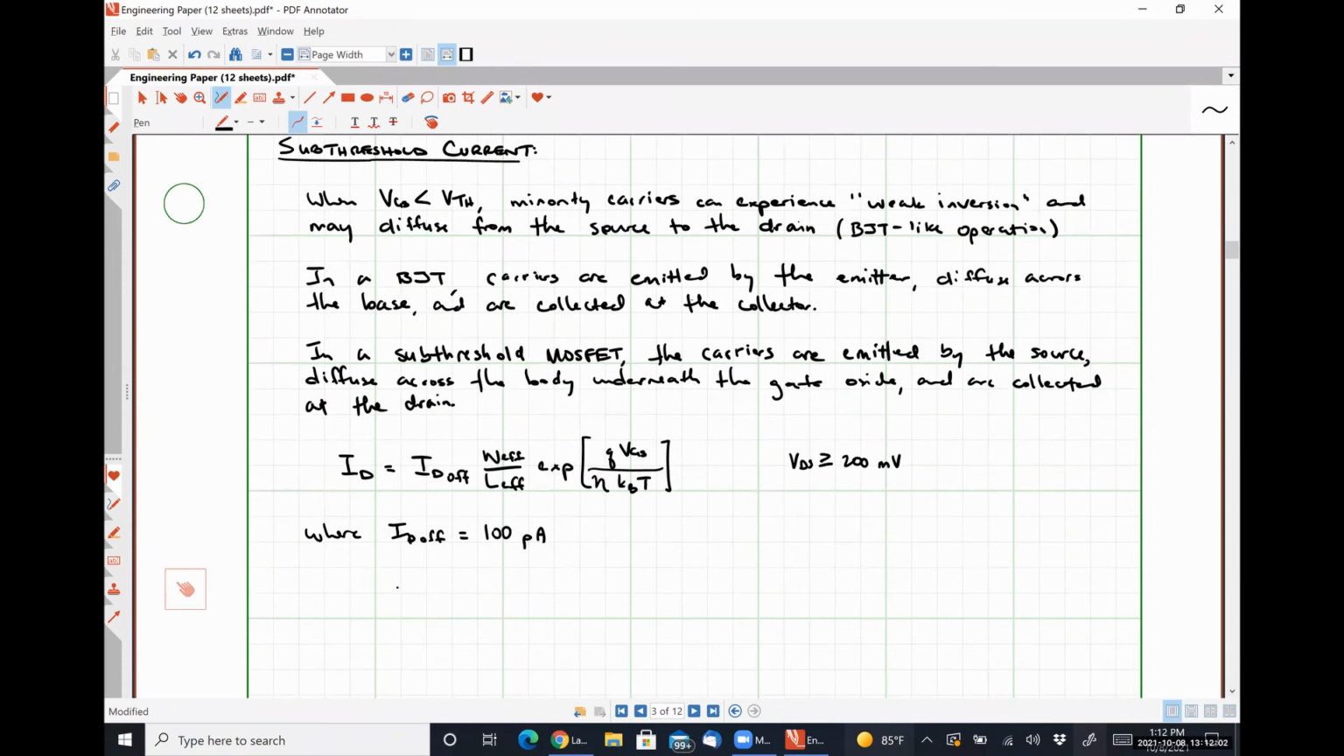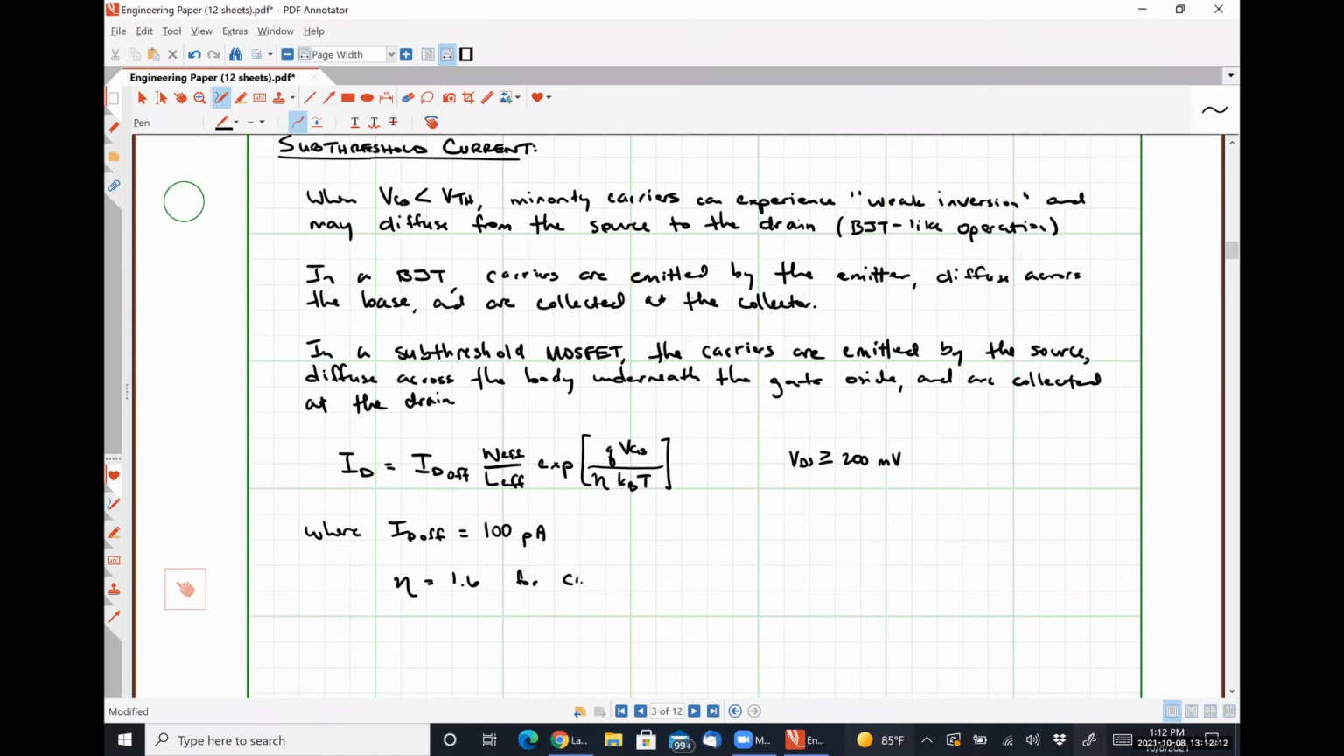And eta is about 1.6 for most CMOS processes, and it represents a non-ideality factor. When we learned about the current flowing through a PN junction,